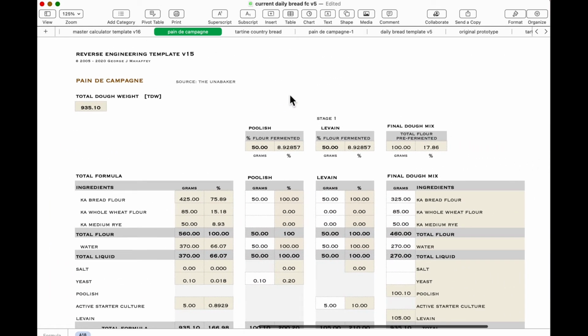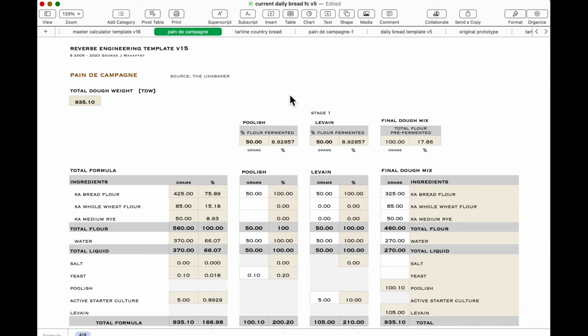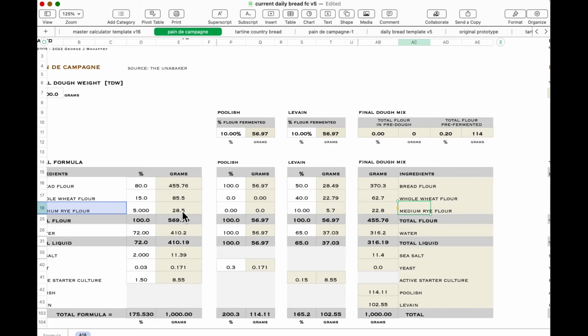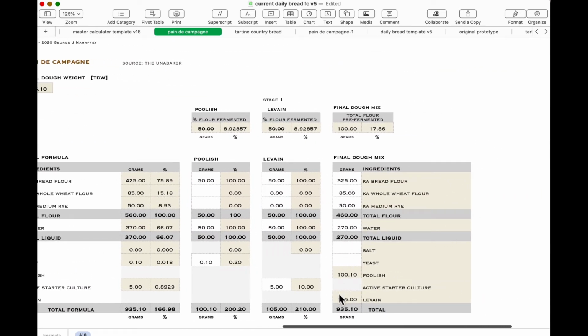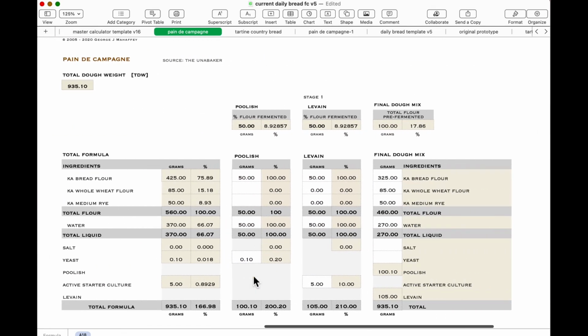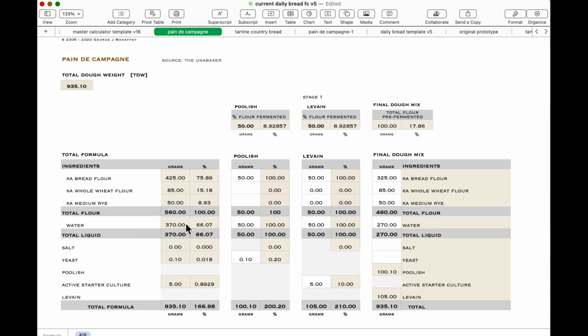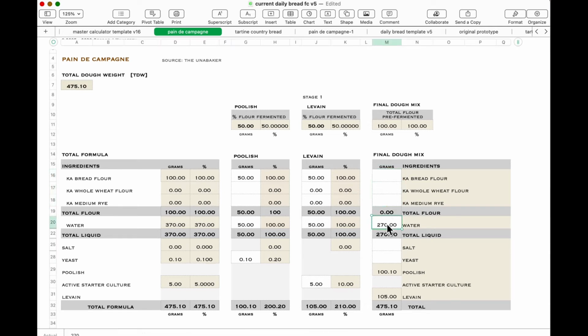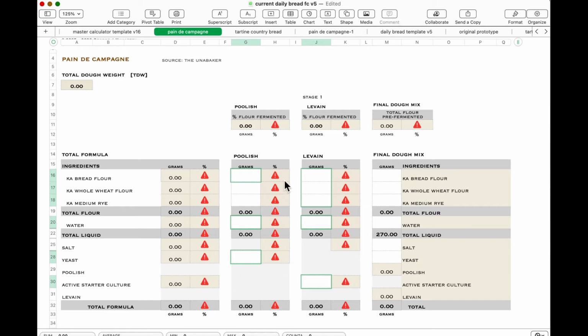Now, the other way of doing a formula right is using the reverse engineering template. And what that does is it works from the right to the left. And instead of entering baker's percentages and deriving gram weights for all the ingredients, you enter gram weights and derive the baker's percentages. So you see, this is all derived values here in the final mix. In the final mix here, you have to enter the values and you derive the results over here. So let's clean this up and start fresh. All right, so these things go away as soon as you enter some values. So what you do is,